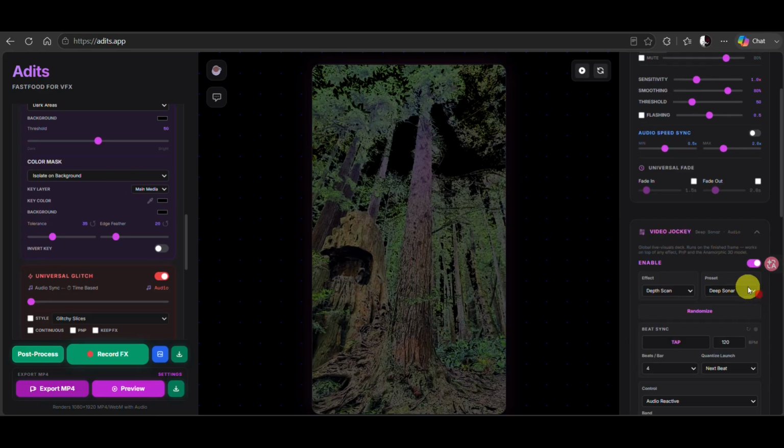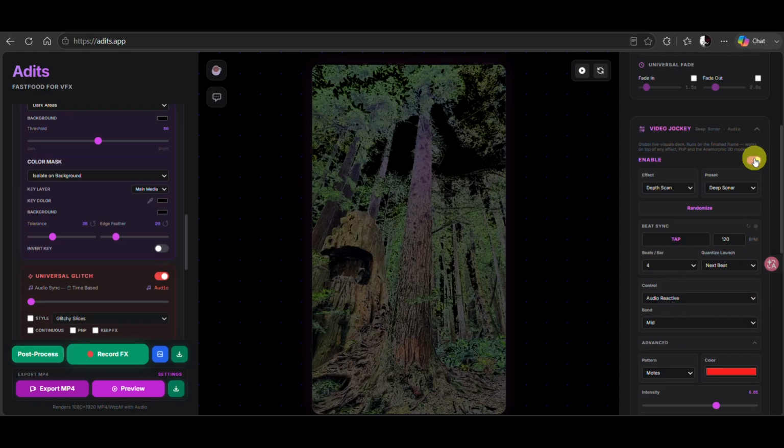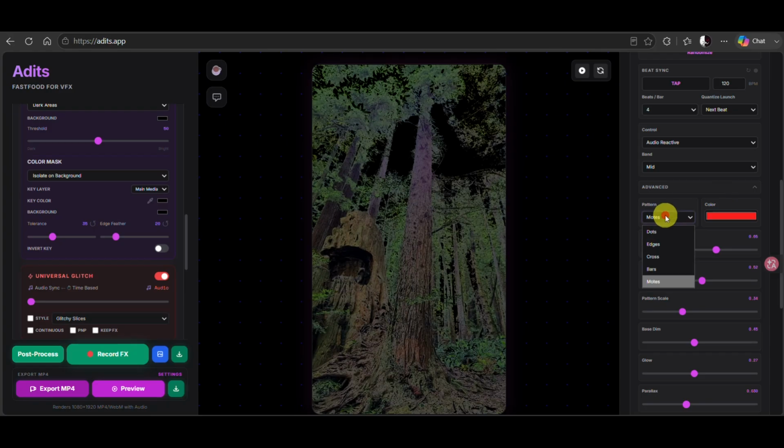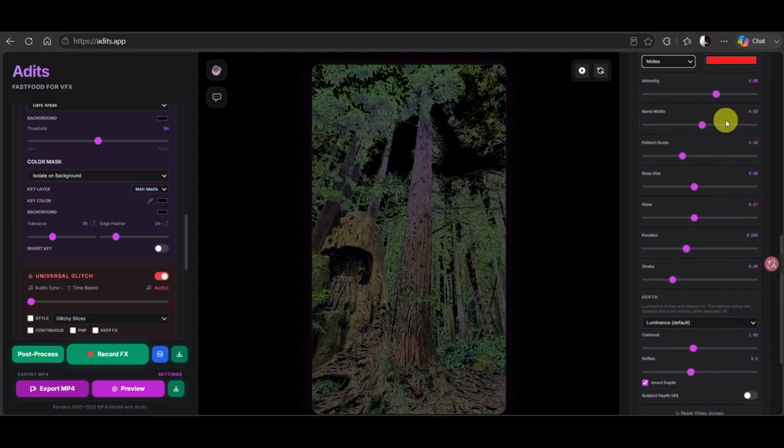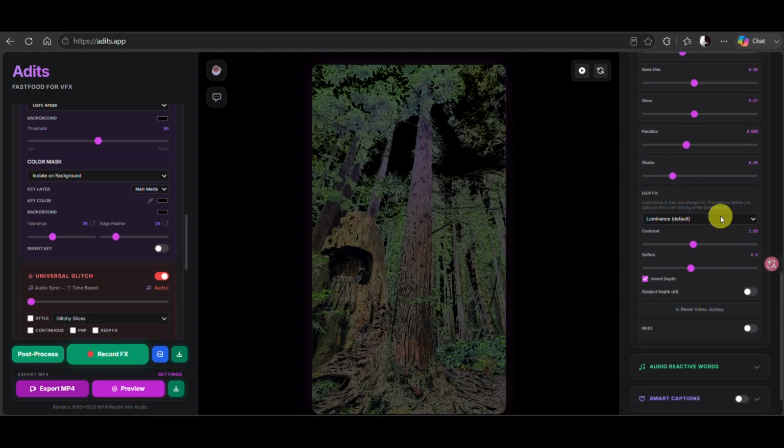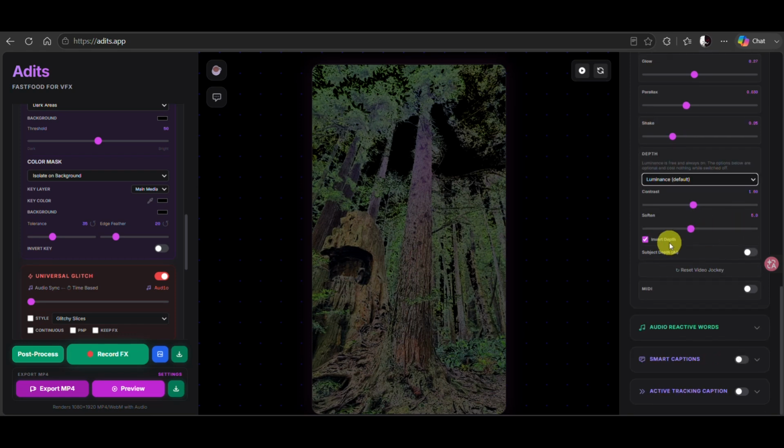Then you have to turn on the video jockey, and for this effect let's select depth scan and other presets as you like, and let's keep it the luminance. For depth,